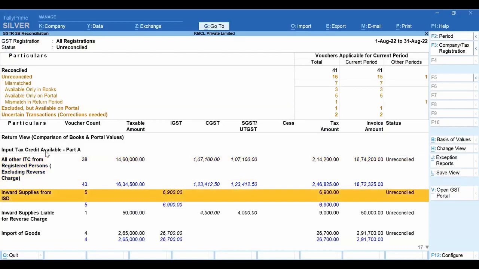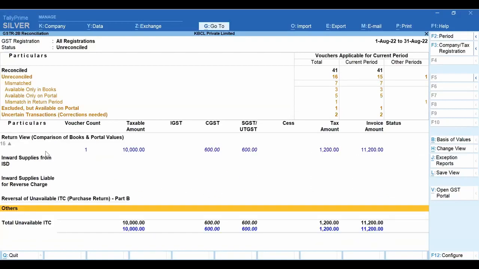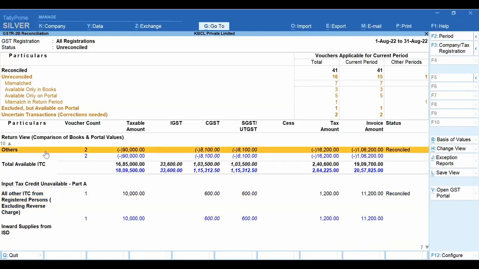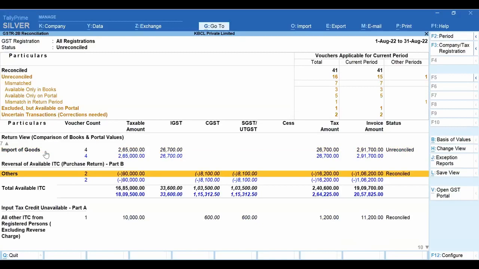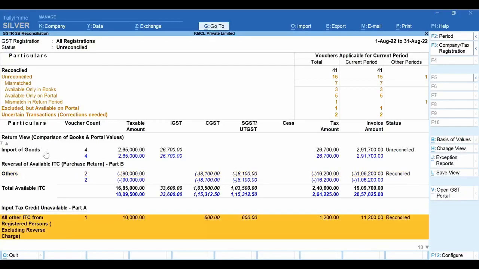In that, we have part A one thing, part B another thing. Part B is reversal of available ITC. This is more of credit notes and the like. Then we have ITC, input tax credit, unavailable. Unavailable in the sense ITC not available portion. For capital